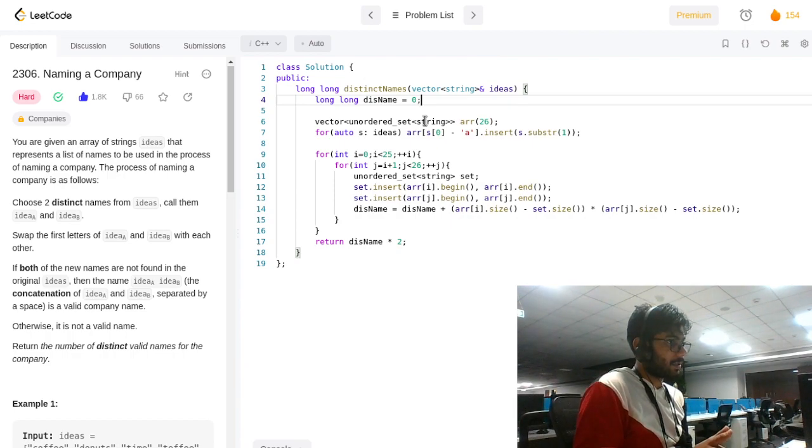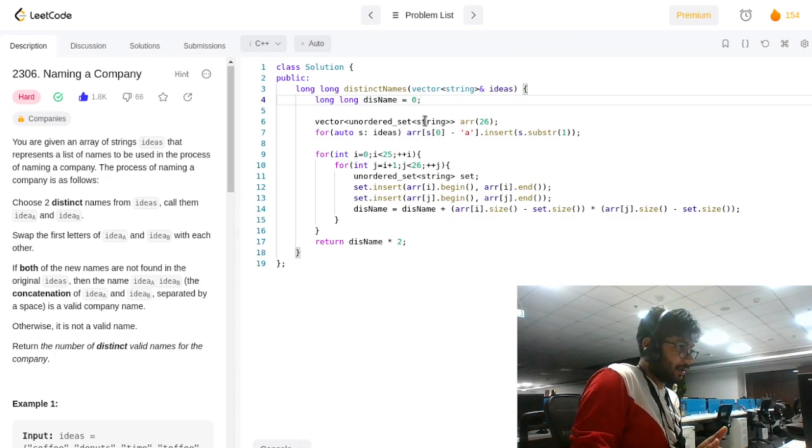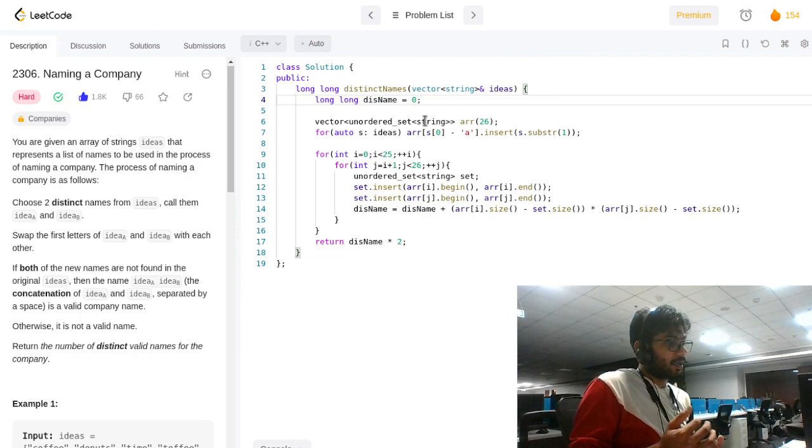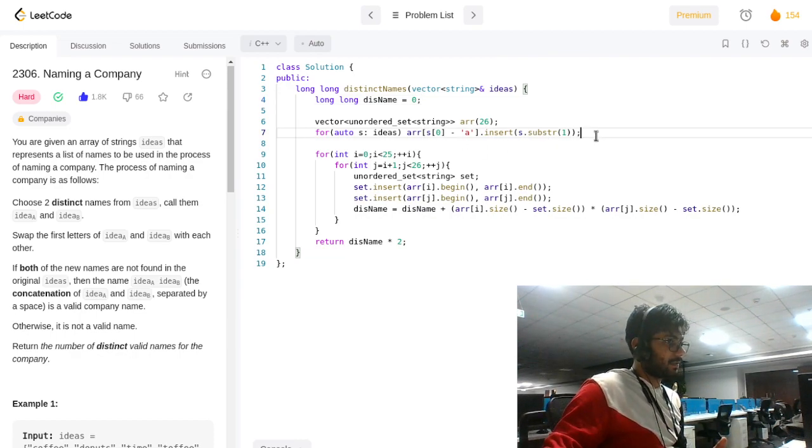So they are subtracting their ASCII values with each other and inserting the substr, using the STL function substr, which is taking the index of the array and inserting it with the previous array. And again after line 7 has finished,